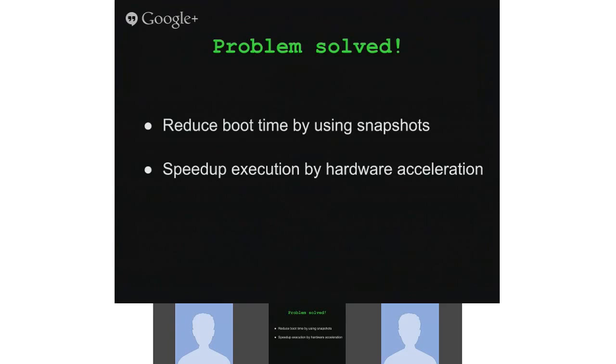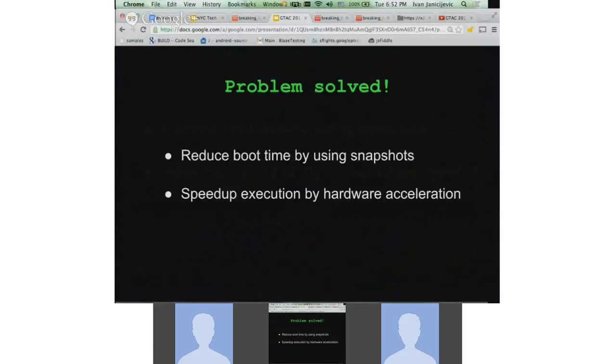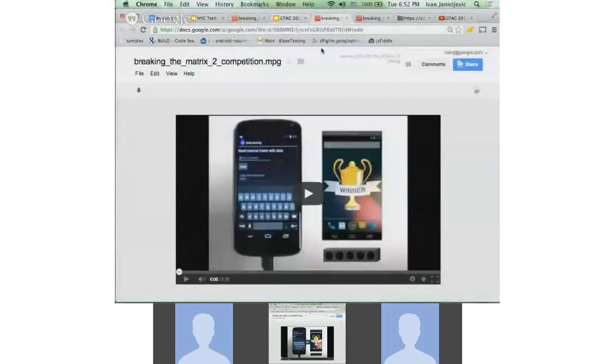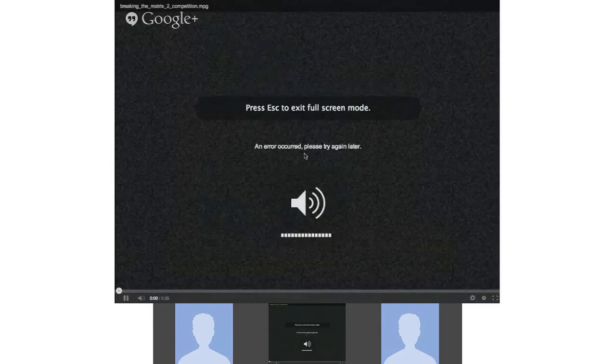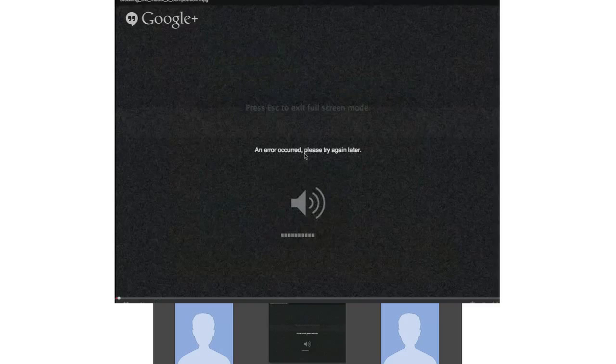So I created a little video that demonstrates the race between the real device and the emulator, running the same set of tests. This might be a little bit loud, so okay, same problem.